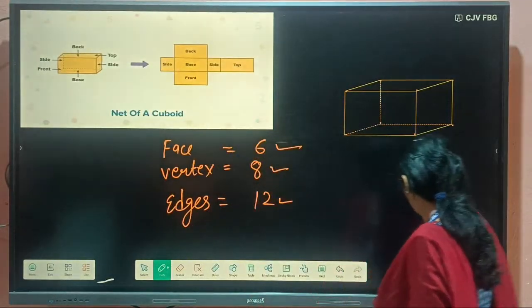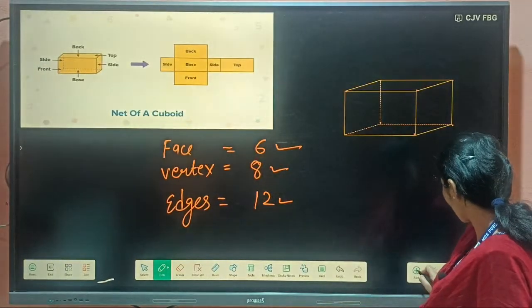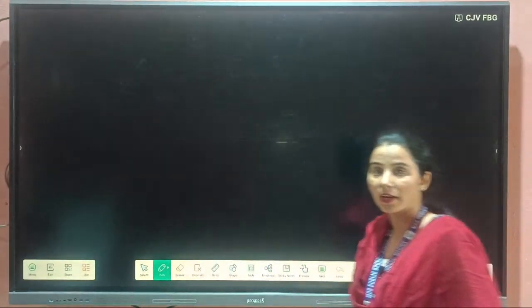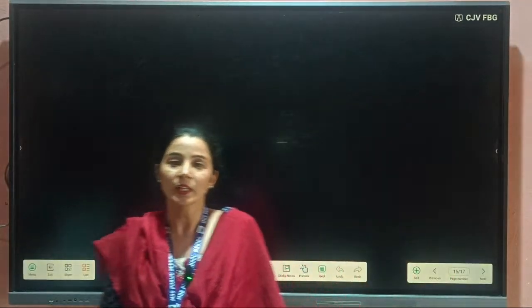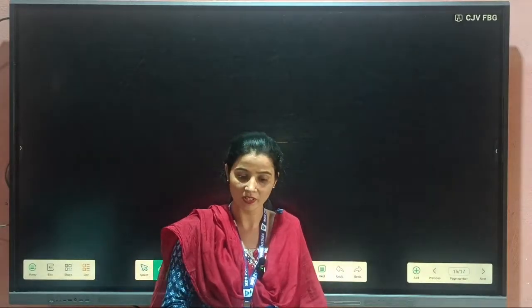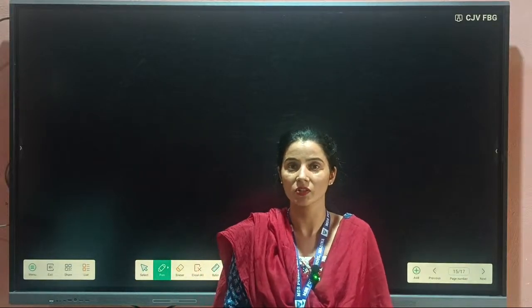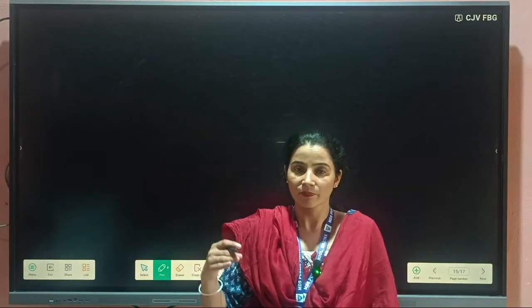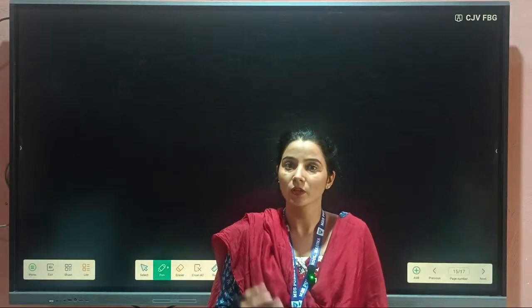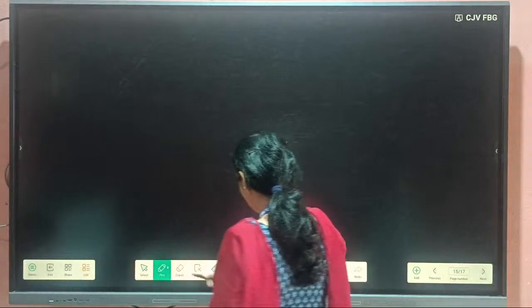Now let us see. This was a basic about cuboid. Now I want to find out its TSA and lateral surface area. In lateral surface area, as I told you, we are going to find out area of 4 faces. Suppose you are sitting in a cuboidal room and you have to find out its lateral surface area. Means area of 4 walls. Means you are not including your top and bottom. So let us draw shape of